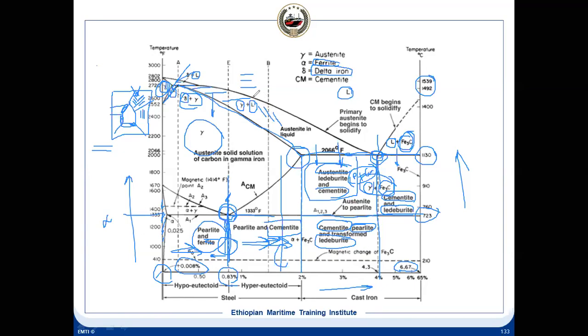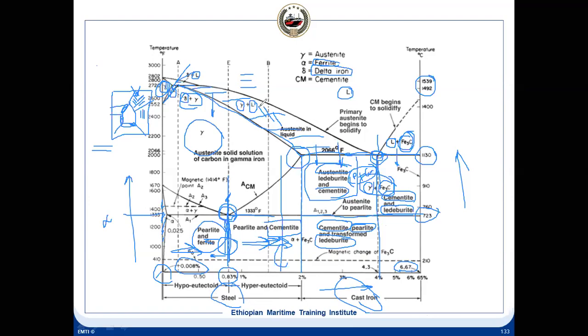Yeah, that one. Are you talking about this? Yeah, this area, is it for the steel part or the cast iron part? I mean, for the cast iron part, this portion should be in solid form. Yeah, the austenite should be in solid form. We have divided this into two sides, cast iron and steel. Why? Because of the application. Here the carbon content is high, and we call it cast iron. We use it for casting. And this side we use for steel.